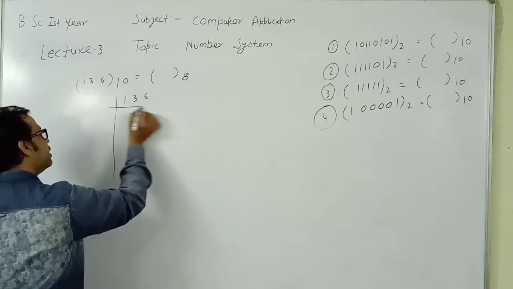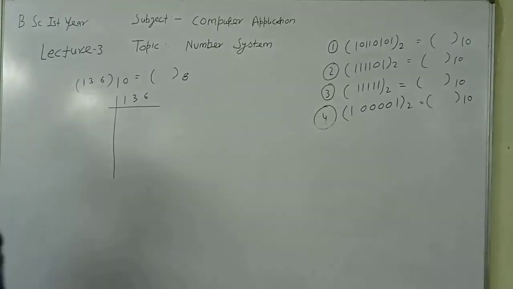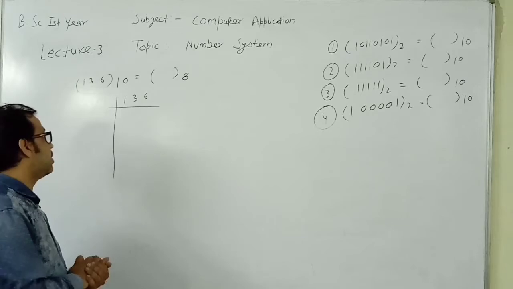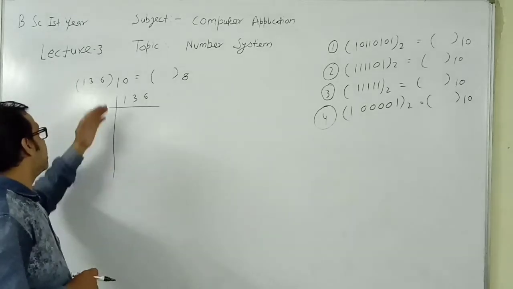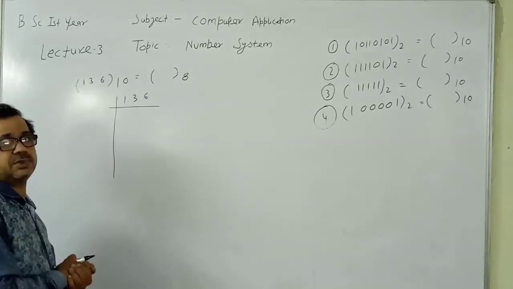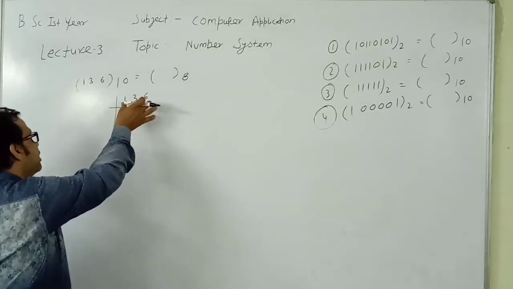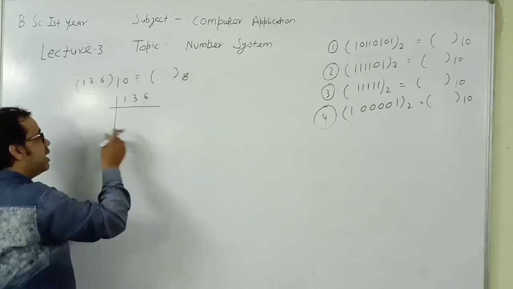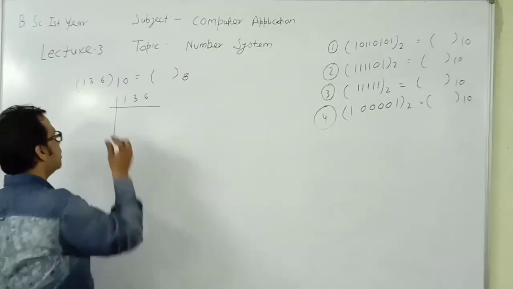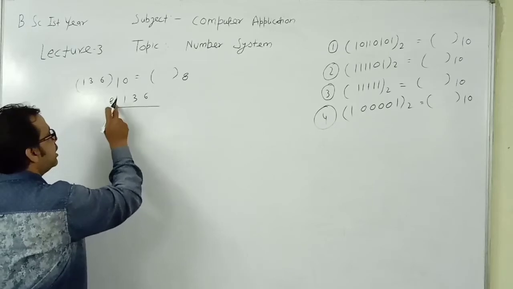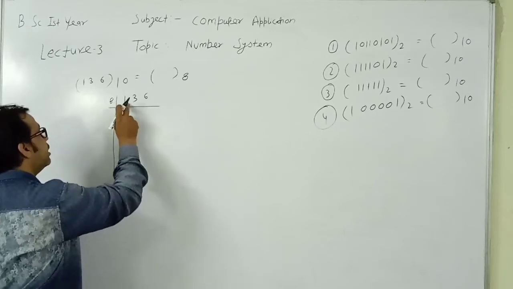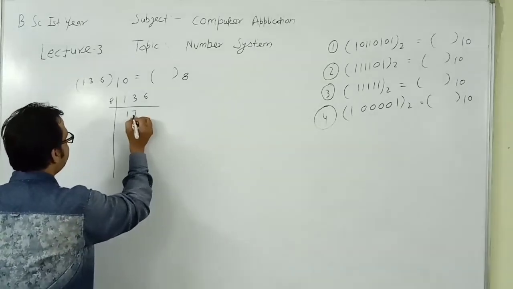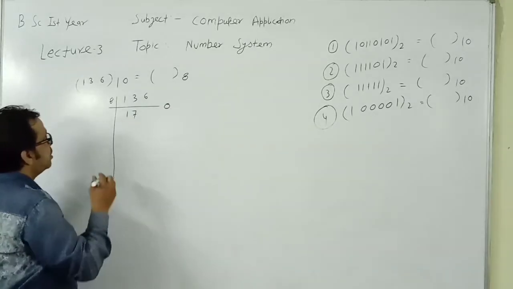You have to convert decimal to octal, and octal has a base 8. So you have to convert this number according to base 8 and keep the remainder. Means this number in decimal, you have to divide by the base of octal number, means 8, and save your remainder. Now start dividing. 8 1s are 8, here 5 remainder, 5 and 6, 56. 8 7s are 56, and it gives you 0.